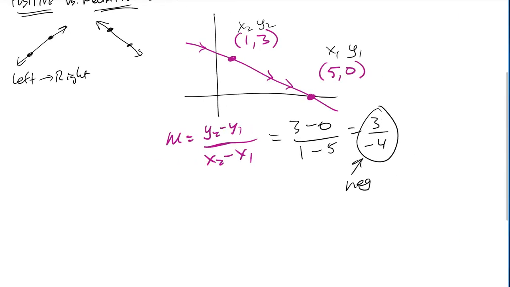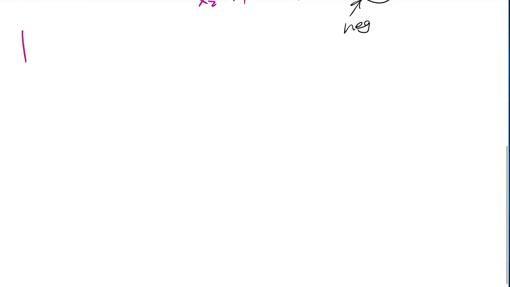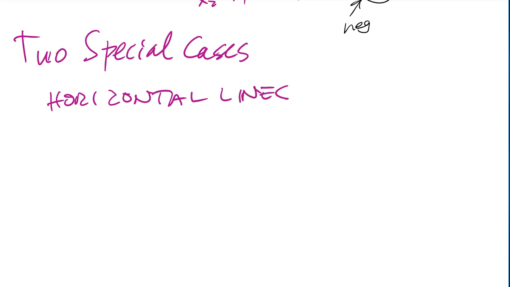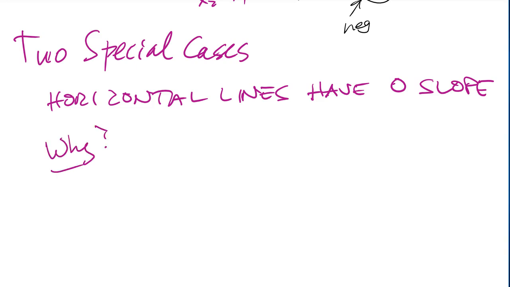All right? So since we're going down the line, reading it from left to right, it has a negative slope. All right, so there's two special cases. So what about horizontal lines? Okay, so these have zero slope. One way that I remember this is that there's a 0 in horizontal. Okay, it's just a stupid way to remember it. But anyway, let's look at y. So y. Well, if you look at a horizontal line,